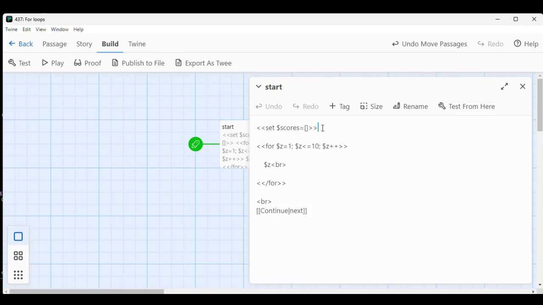So here we have a passage where we set up an array using the square bracket end square bracket, as we talked about in the video on arrays. And here we have the for command. It starts here, it ends here with this /for. That slash is often used to indicate the end of a particular command. So you'll have the beginning of a command, you'll have one or more lines of code, and then you'll have